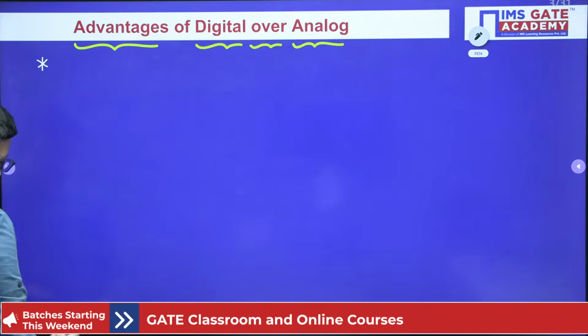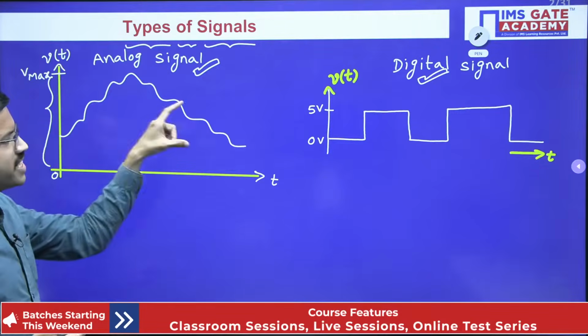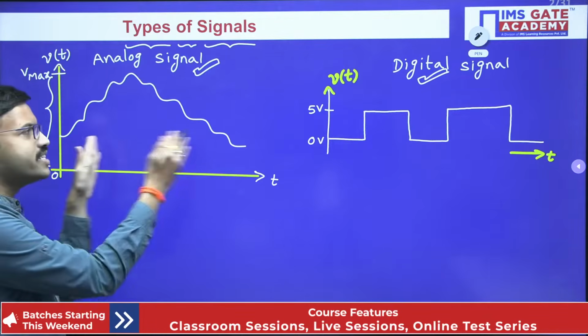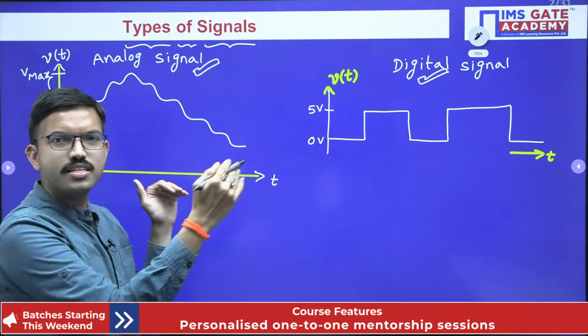say for example, first let us see here, when you are transmitting this analog signal, suppose you are transmitting this signal directly, then what will happen? Whenever you are transmitting any signal,